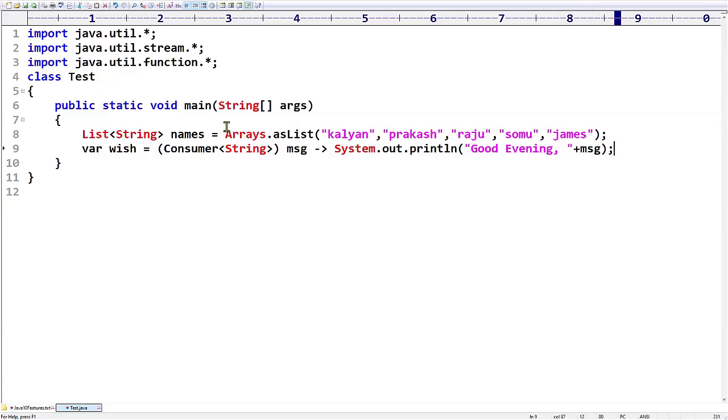Message is nothing but what? Whatever argument that you are getting, you will print as it is. Okay, so I'm going to wish this. This is nothing but a lambda expression. For each variable present inside names, I want to call